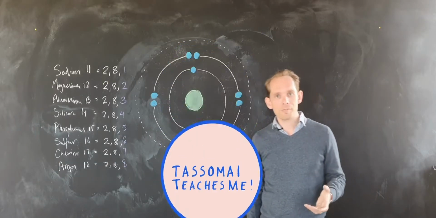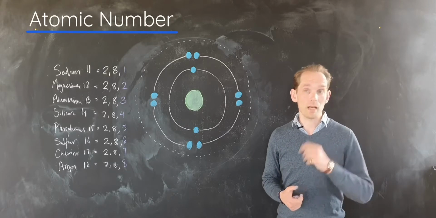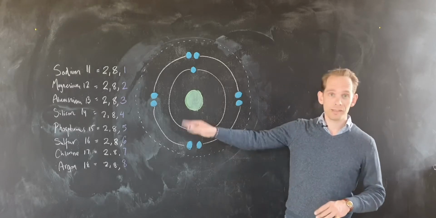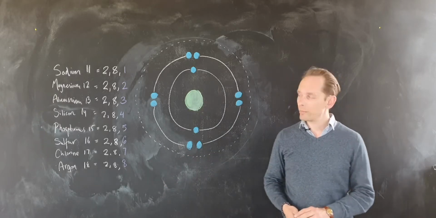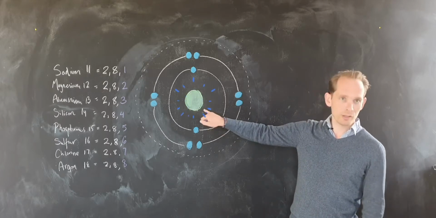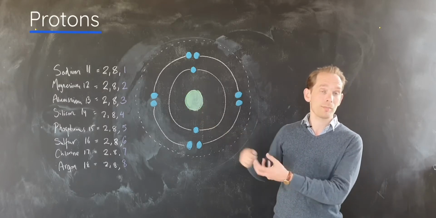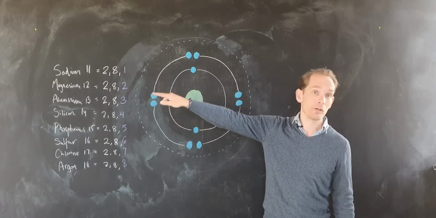Hi, this video is about electron shell arrangements and how they relate to the atomic number of an element. So we're looking at the third period of elements, that's sodium through to argon at the moment, but this idea can apply to other elements too. So first of all, we have the nucleus that contains the protons, the positive part of the element, and how many protons? Well, that's the number given, so sodium 11.